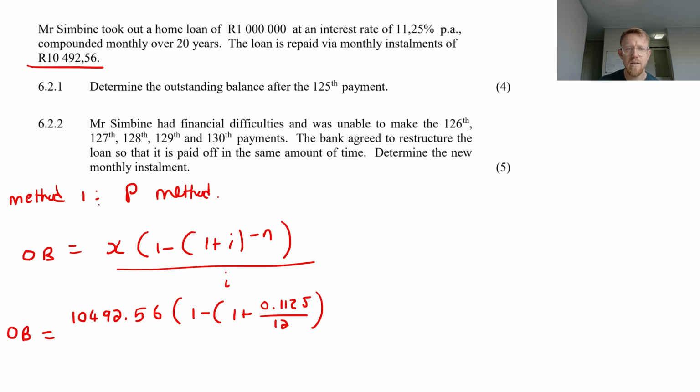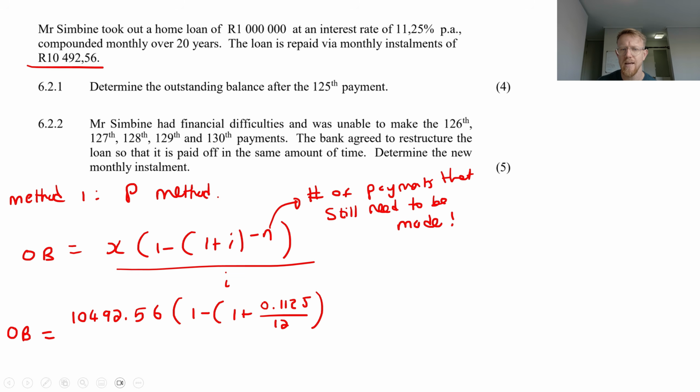When you are using the present value method, the n value is the number of payments that still need to be made. Okay, so if we have 20 years,